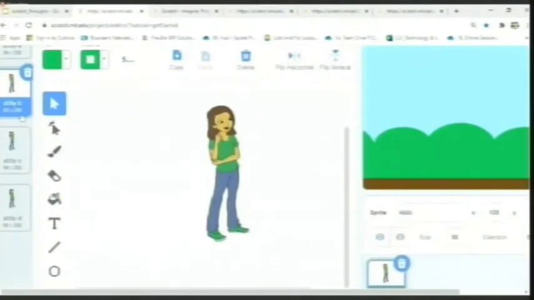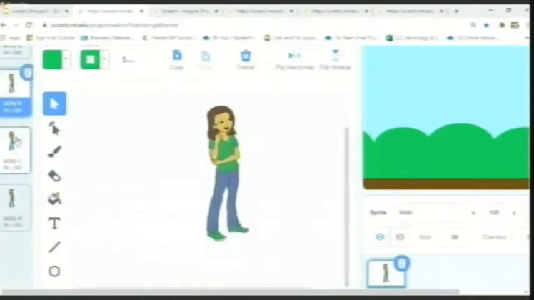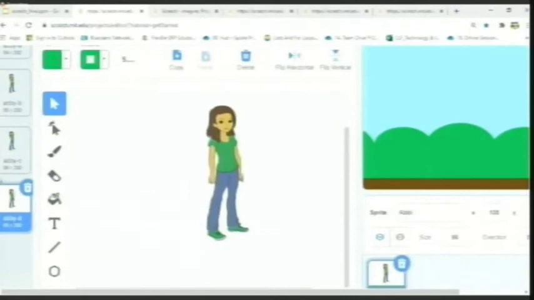There you go. Okay, so this is Abby. She has multiple costumes here, as can be seen on the right-hand side. She is thinking, she is happy, she is just standing down. What happens when I continuously click between all those images is Abby looks happy, Abby is doing multiple things as she is walking. Okay, so this is one way of doing it.